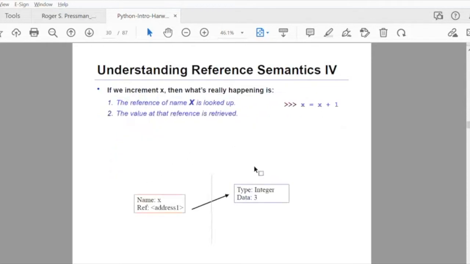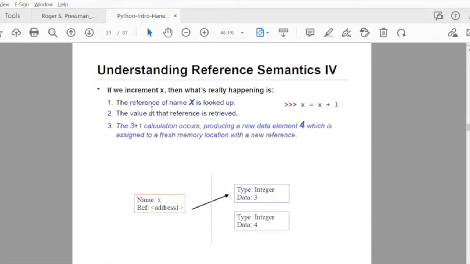Here it's giving an example of how we interpret reference semantics. We have a variable x, and when we increment x, what's happening is that first it finds the reference of the variable, and then it will update the value at that reference.